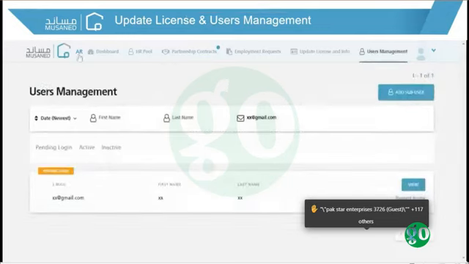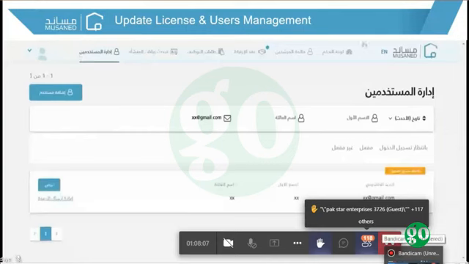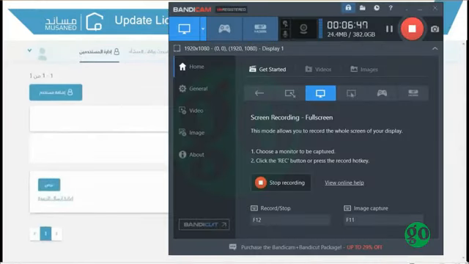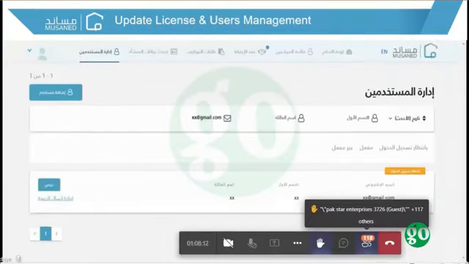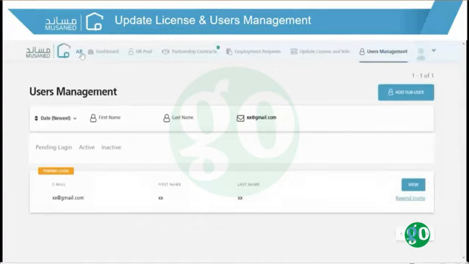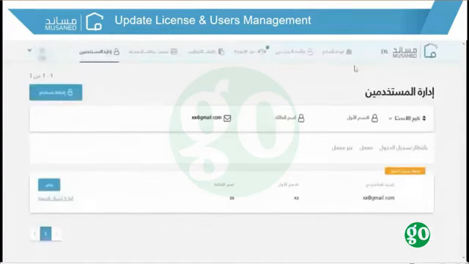In case for any reason the language version of the system was set to Arabic, then the user can easily switch between the languages by the language icon here. He can click on the EN icon in order to reset the language to English, and he can click on the AR language icon in order to set the web content to Arabic.